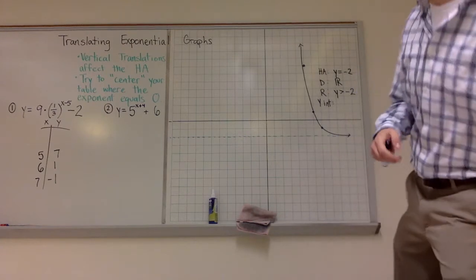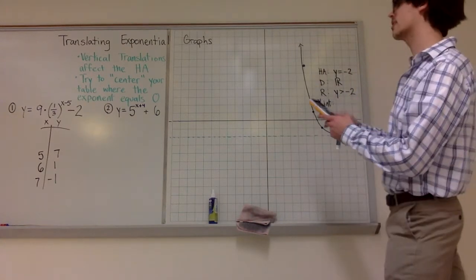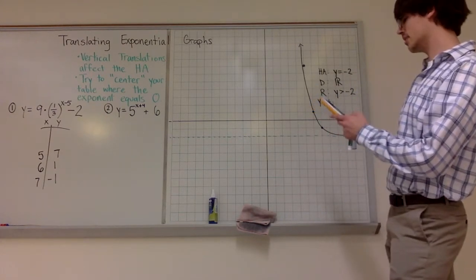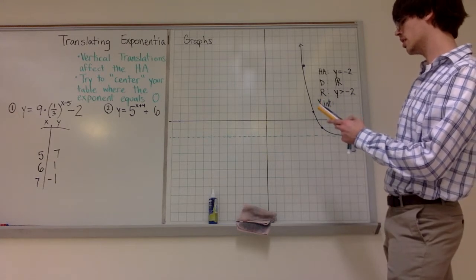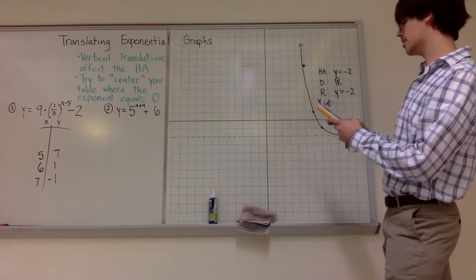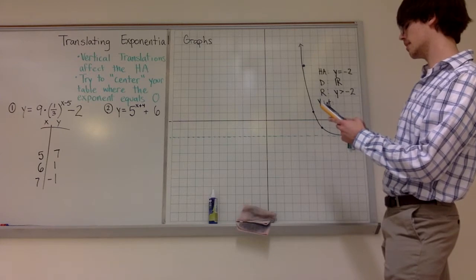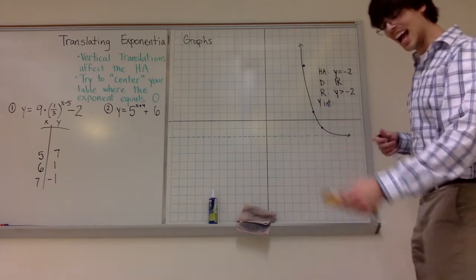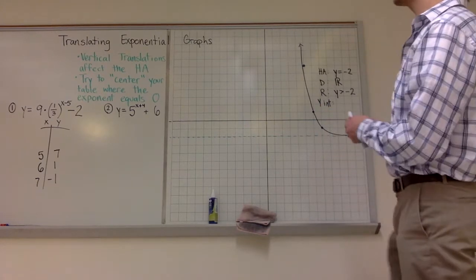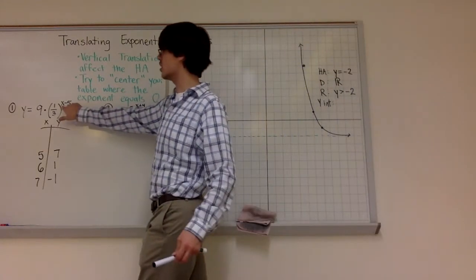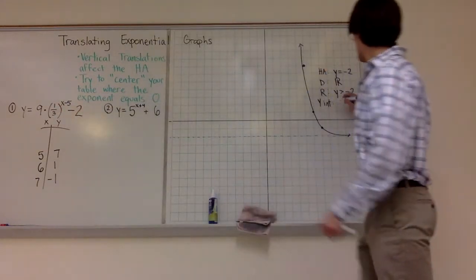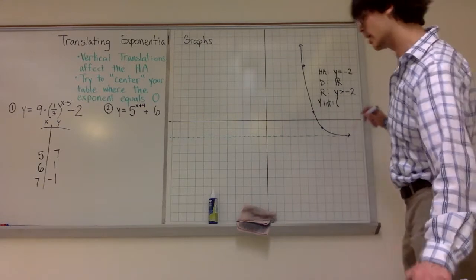I guess I'll do it real fast just to show you guys. I guess I didn't have a calculator. So I got 9 times 1/3 to the b to the -5th, and then -2. Our y-intercept on this graph, all I did is I plugged in a 0 for x into the equation. I typed it in my calculator. Y-intercept is 0, comma,